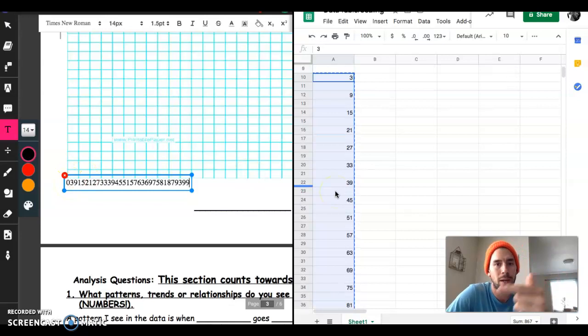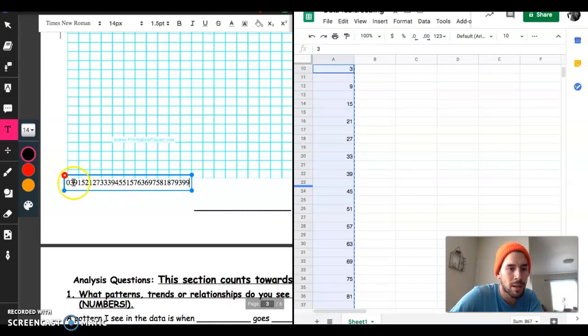Referencing what I've done on the sheet, I know that each line is going to be worth 3. So 3, I'm going to skip a line, right? Just like I skipped, I'm going to pretend the 6 is there, and then go to 9. Then I'm going to skip a line, go to 15, skip a line, go to 21, skip a line. I think you get the idea, right? I'll just do this. And so this way, my scale is by 3s